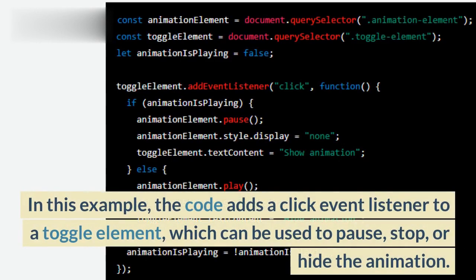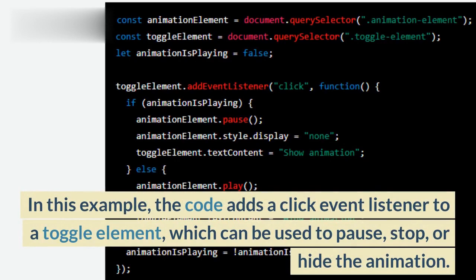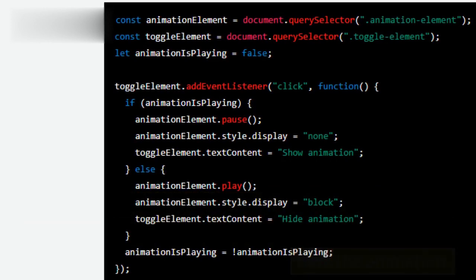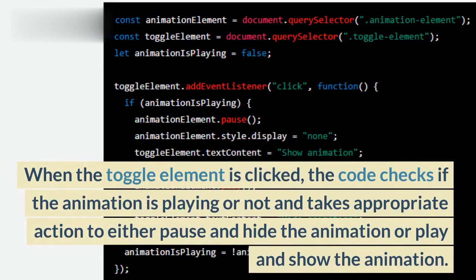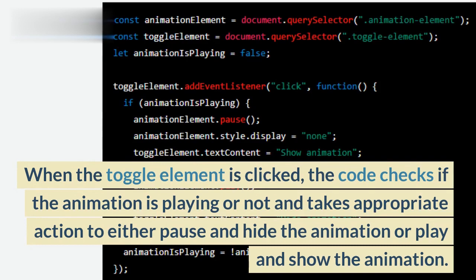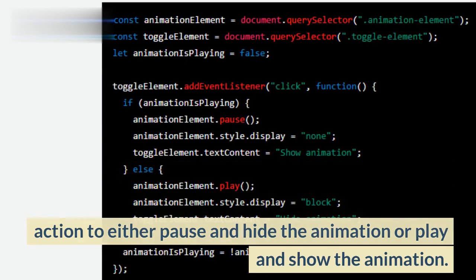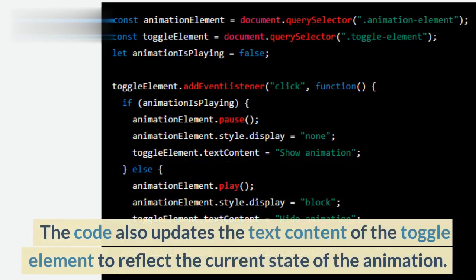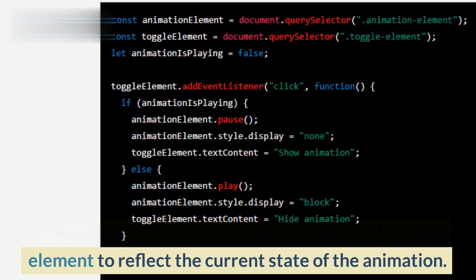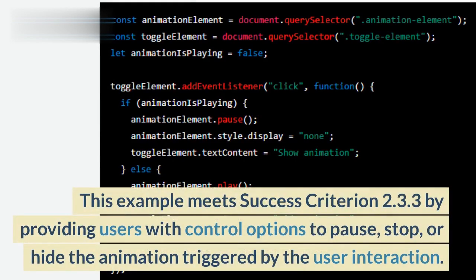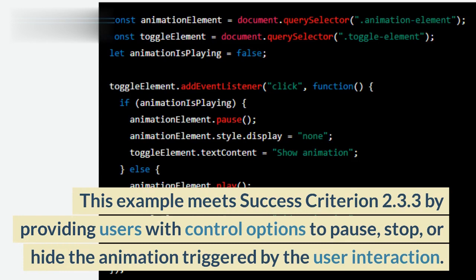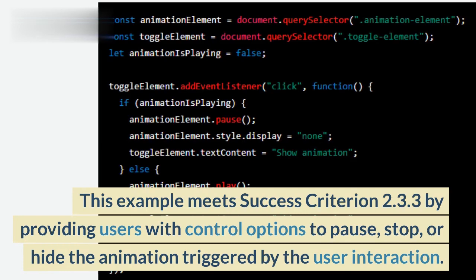In this example, the code adds a click event listener to a toggle element, which can be used to pause, stop, or hide the animation. When the toggle element is clicked, the code checks if the animation is playing or not and takes appropriate action to either pause and hide the animation or play and show the animation. The code also updates the text content of the toggle element to reflect the current state of the animation. This example meets Success Criterion 2.3.3 by providing users with control options to pause, stop, or hide the animation triggered